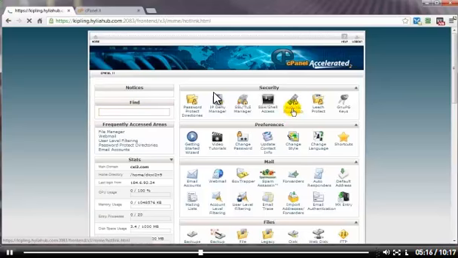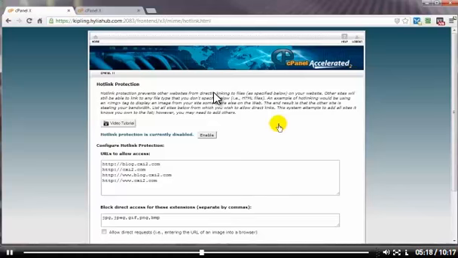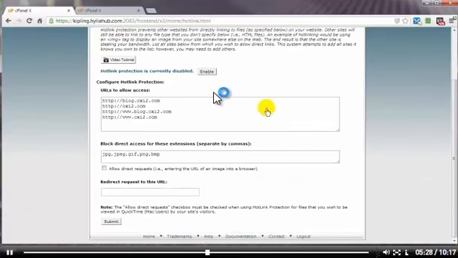Let's take a look at this real quick, because sometimes there's not much you can do about people taking your stuff, but for them to take your stuff and to steal your bandwidth in the process, that's like a double slap in the face. So here's how you can protect your bandwidth. You may not be able to protect your stuff, but you can at least protect your bandwidth by enabling the Hotlink Protection. You put in the URLs here to allow access,